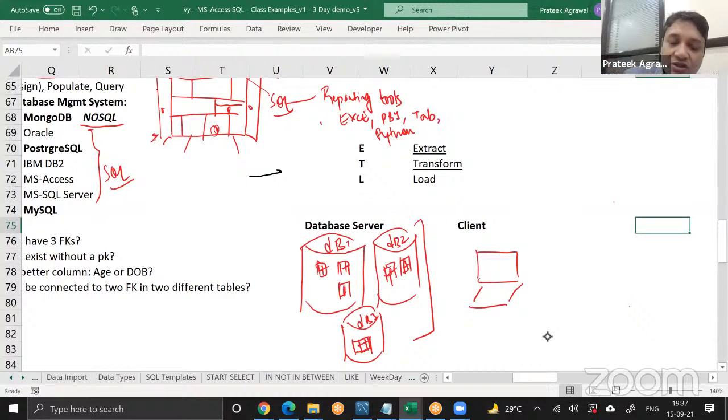Similarly, the databases are installed in database server machines, right? And you need a client software to connect to the database servers. So normally these days we use something called graphical user interface clients. The famous client, although there are quite a few of them, for connecting with MySQL database server, which is one of the databases by Oracle, is